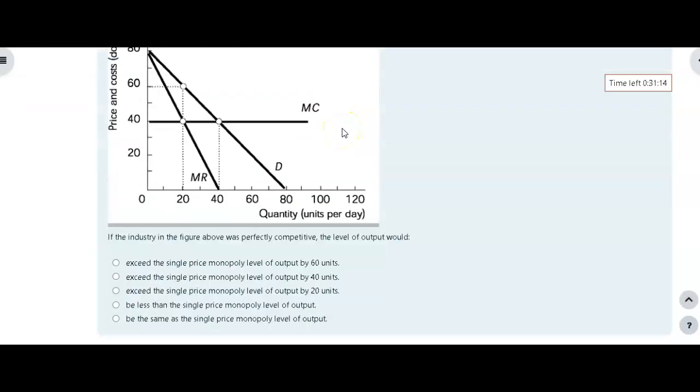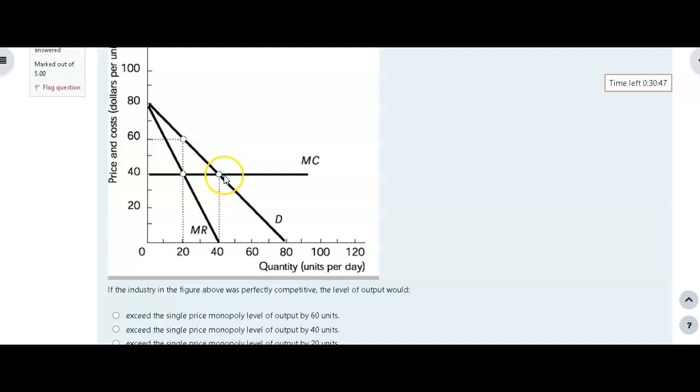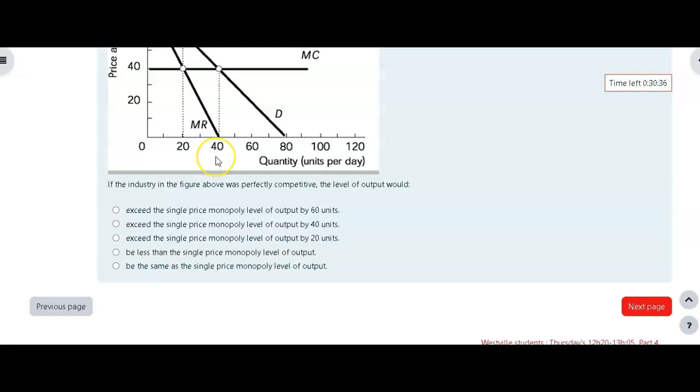Okay, and now in the industry, the perfectly competitive level output would be... So if the industry in the figure was a perfectly competitive output, so you see this intersection here, they'll operate over here. Because another word for marginal cost is the supply curve, and this is the demand curve. So where supply equals demand, that's over here. So if you look at the questions,